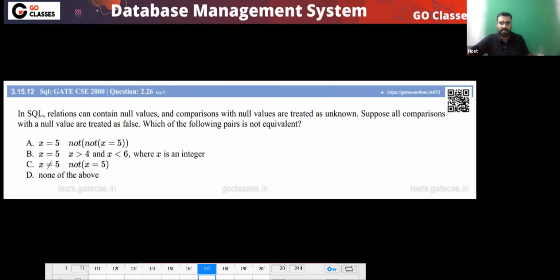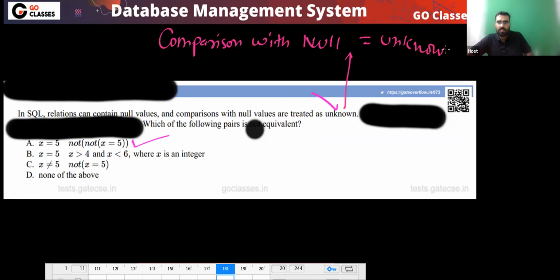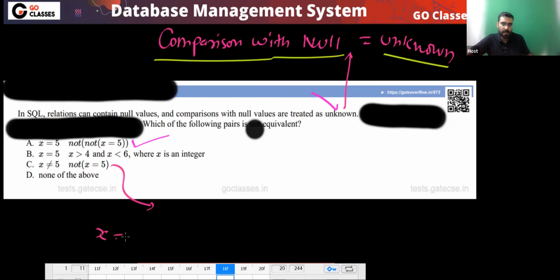The question is clear. And if the question was the original question, like comparison with null is unknown, if the question has no trick, then in this situation they all are equivalent. Okay, let's check the option C. Will it be equivalent? If x is null,